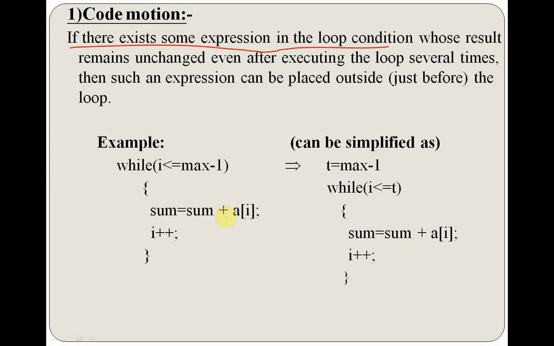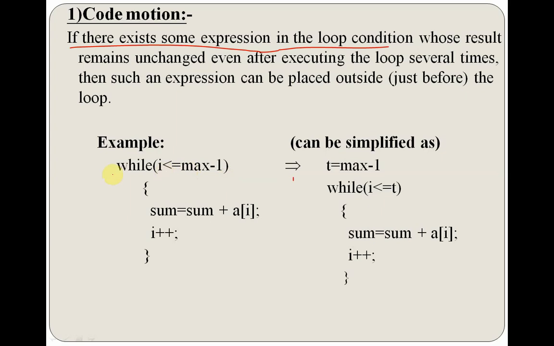That means there is an expression in the loop condition whose value is not changed during each iteration. At that time it is not required to place it in the condition of the loop, and we can move it to outside the loop. For example,